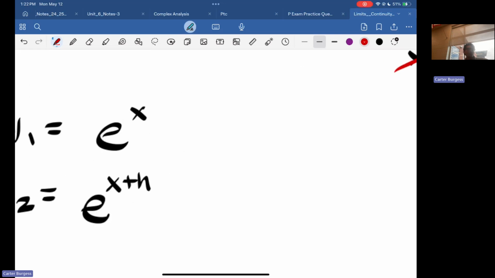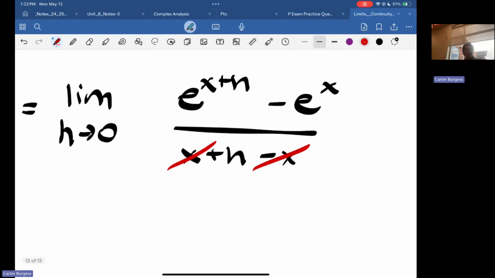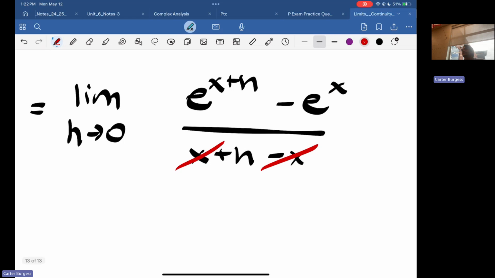How do we feel about getting to here? Yeah, Hamza. There's nothing in the denominator to make the h cancel. The e to the x plus h minus e to the x, why doesn't that cancel? We are about to do some stuff with it, but